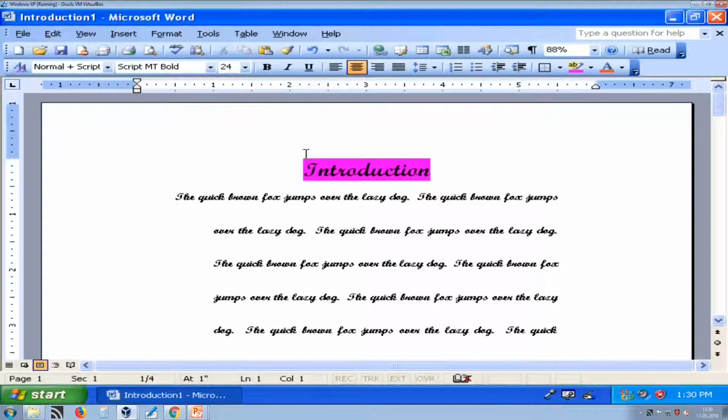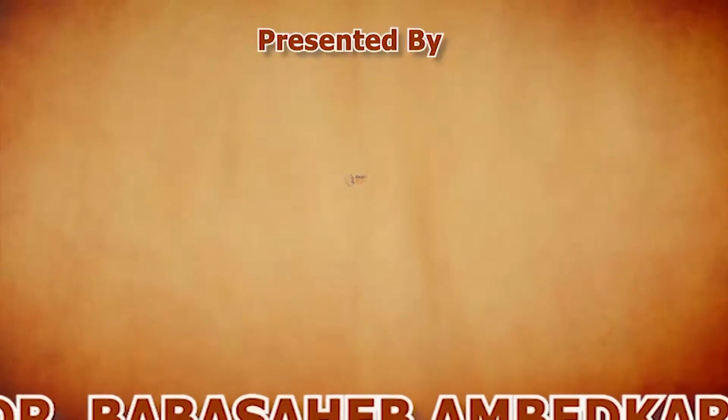Okay friends, in today's session we have learned how to use the formatting toolbar, how to create a new document, how to save your file, how to open your file, and how to create a duplicate file using save as features. And we have learned a few options from the file menu and how to copy, cut and paste your content. I hope you enjoyed this session.